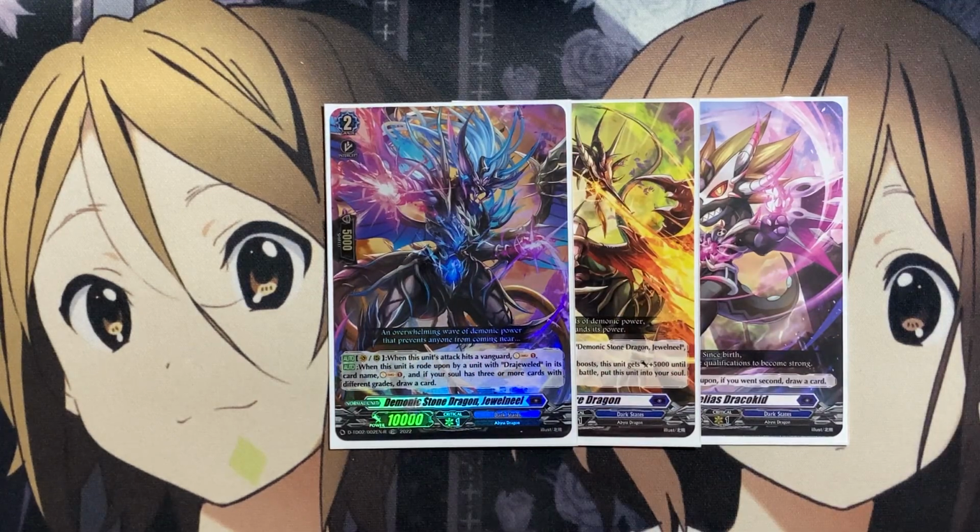When this unit's attack hits a Vanguard, you can soul charge 1, and when it's rode upon by a unit with Drajeweled in its card name, soul charge 1, and if your soul has 3 or more cards with different grades, draw a card. So having more setup, needing all of the other grades in your soul to begin with, but also that additional setup for any of the other cards we may use in the